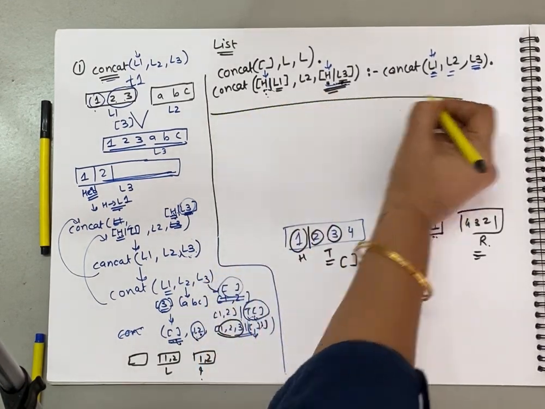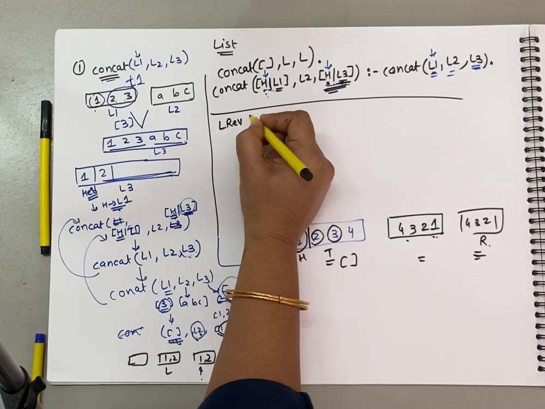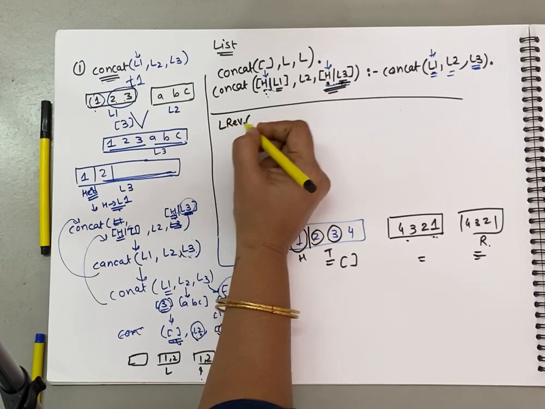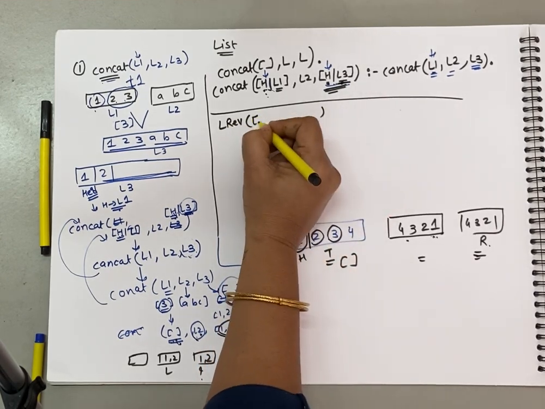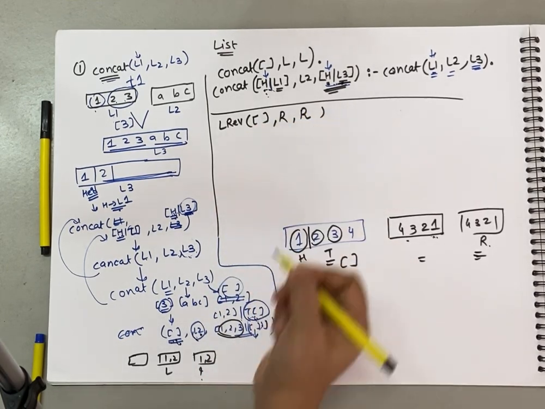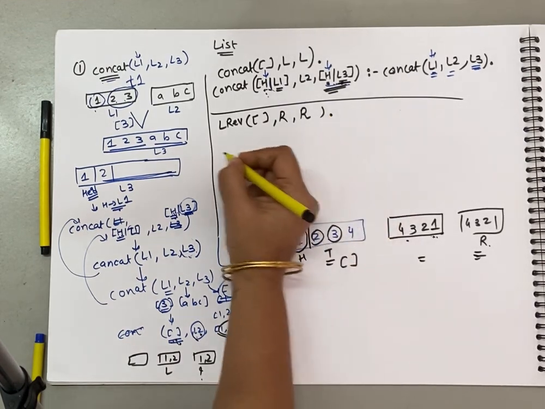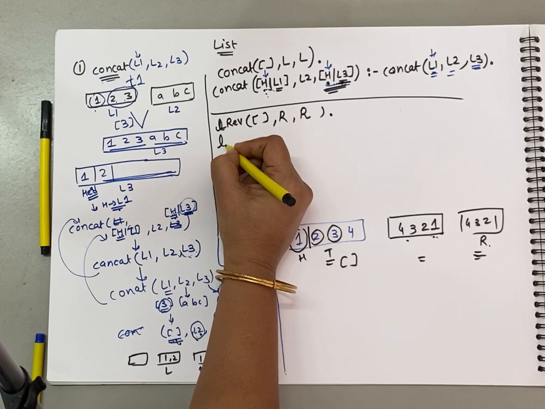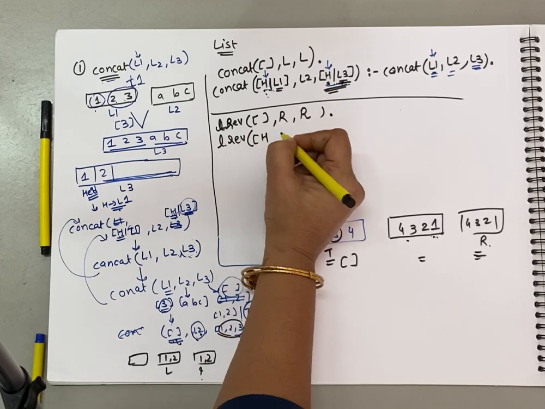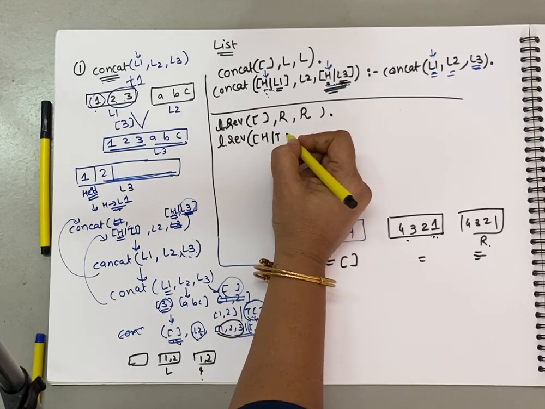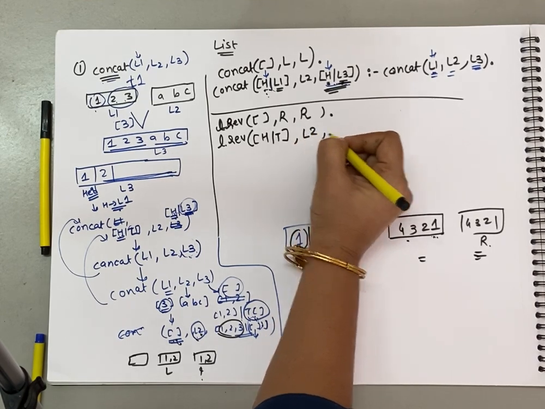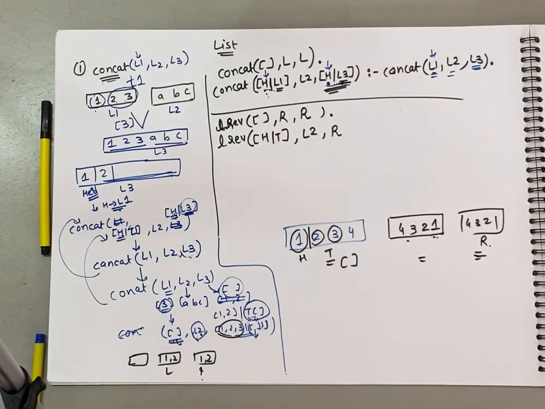In list reverse, let us say it will have 3 parameters. What 3 parameters is it going to have? We will be writing the terminating condition. When the first list is empty, then the reversed list will be as it is written in the resultant list. But if it is not true, then what will happen? List reverse will contain 2 elements. Let us say the first list contains head and tail, then the second list, let us call it list 2, and the last list, let us call it resultant list.